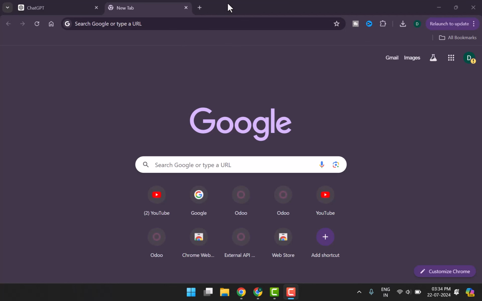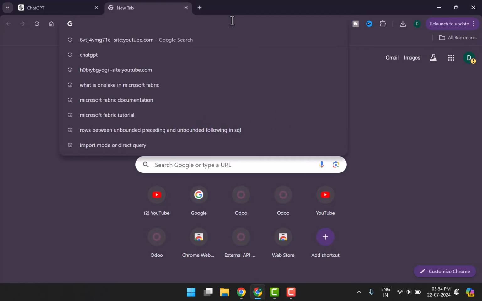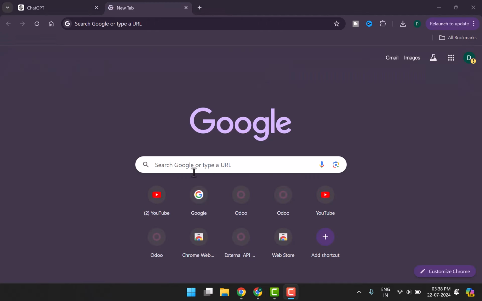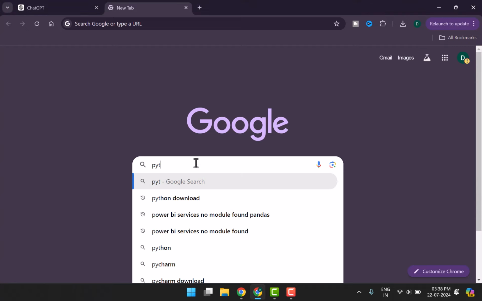So first thing, you'll need Python installed on the PC. If you don't have Python installed, below is the link, and download any version you want higher than 2.7. You can download the latest version as well. Next, you will need a Python library, which is python-pptx. So let's search